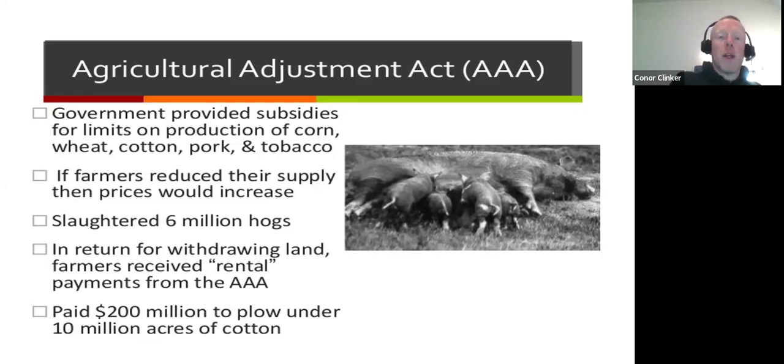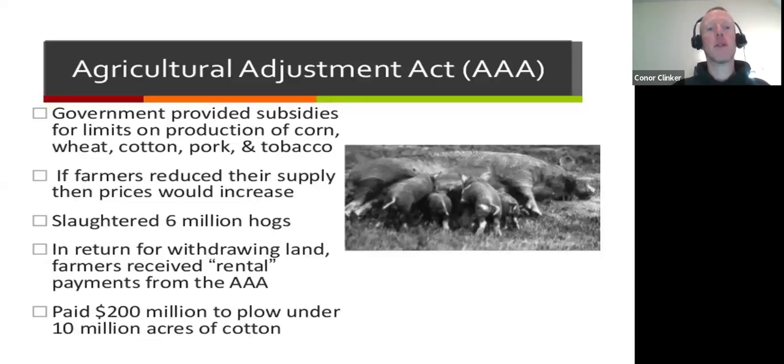Roosevelt says, all right, we're not going to do nothing. We're not going to let our farms go out of business because then we'd all starve to death. And we're not going to do what Stalin would do and take over all the farms and starve millions of people. But let's find some regulation. So here's what they did. Government provided subsidies, that means tax money, to limit how much corn, wheat, cotton, etc., farmers are growing. The government said to the farmers, after you've grown a specific amount of corn, stop producing corn, and we will pay you to stop producing corn.